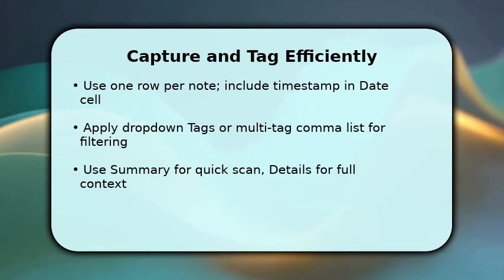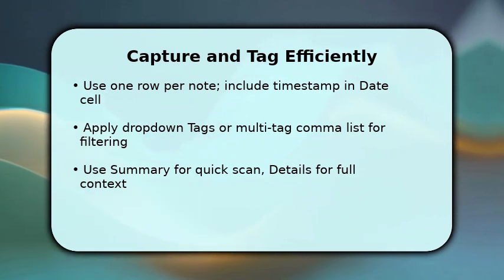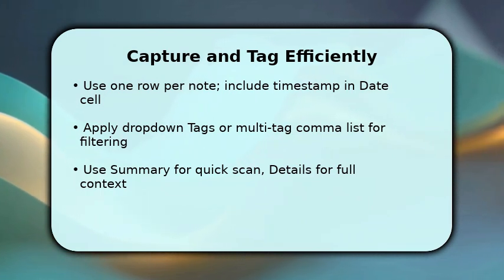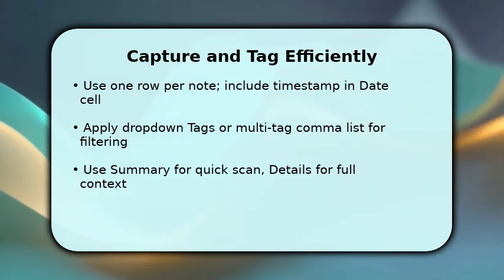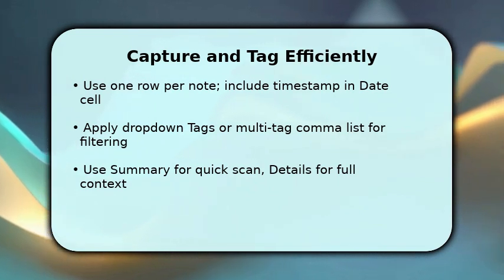Now focus on efficient capture. Use one row per note and put a timestamp in the date cell so you can sort chronologically. Make tags a drop-down or a comma-separated list to filter and group related ideas. This speeds retrieval. Put a short summary that you can scan quickly, then expand in details for full context or